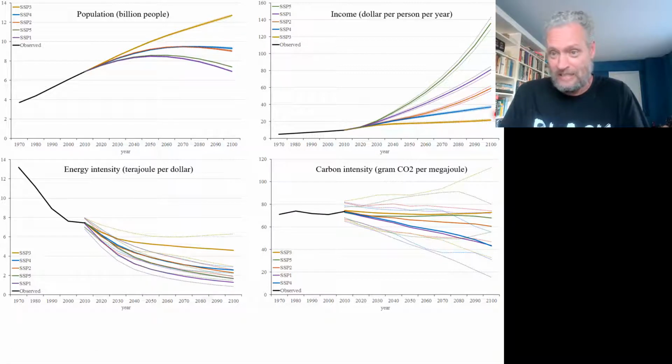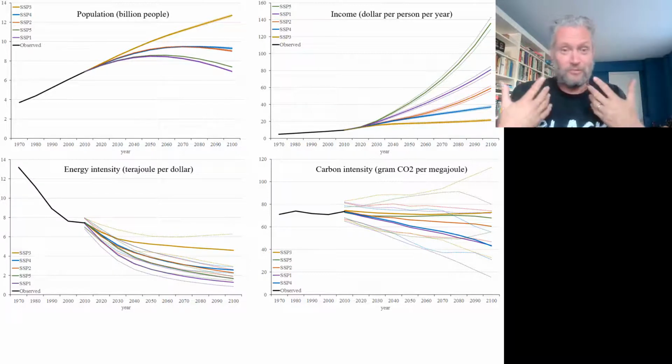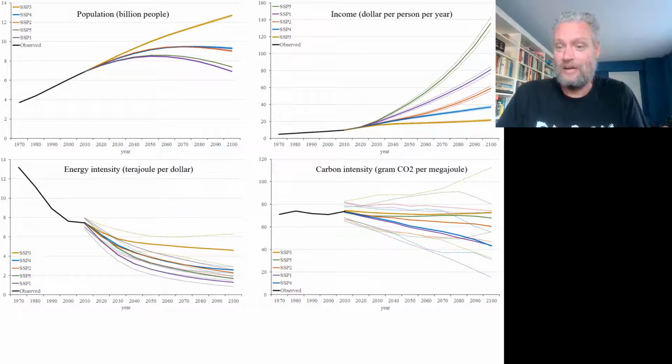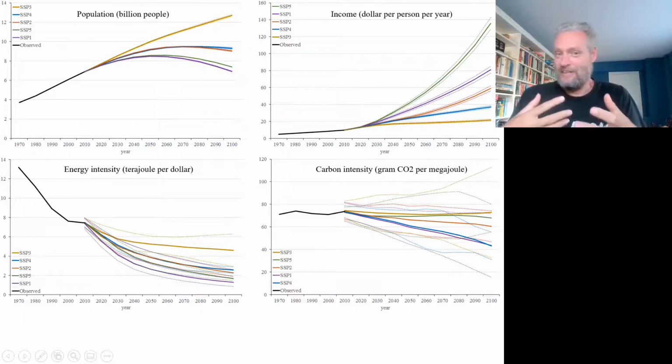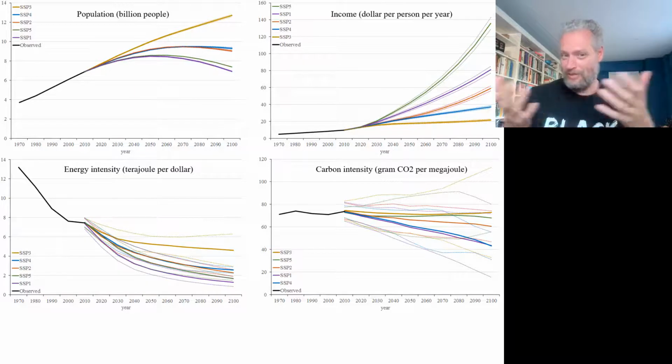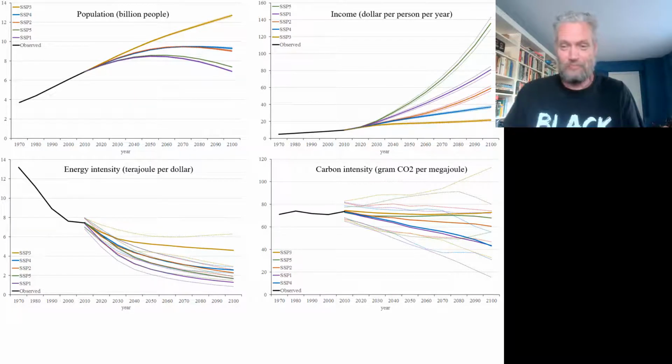Here we're looking at 5 alternative scenarios of what the world average income would be. You immediately see a disconnect here. Even though we have 5 income scenarios, we only have 3 population scenarios, which suggests that fertility and mortality are not related to per capita income, according to the people who made these scenarios. Of course, it is in reality, but not in the models that generated these pictures.